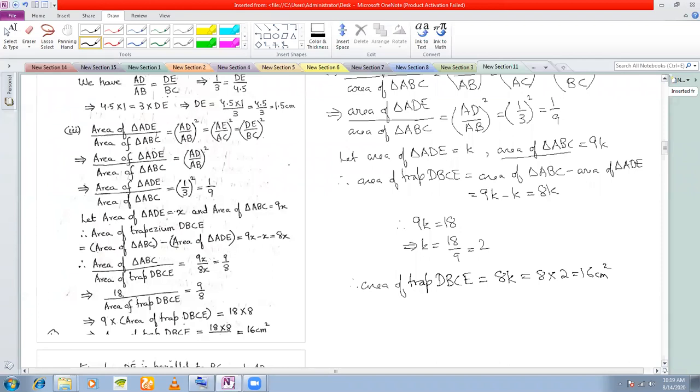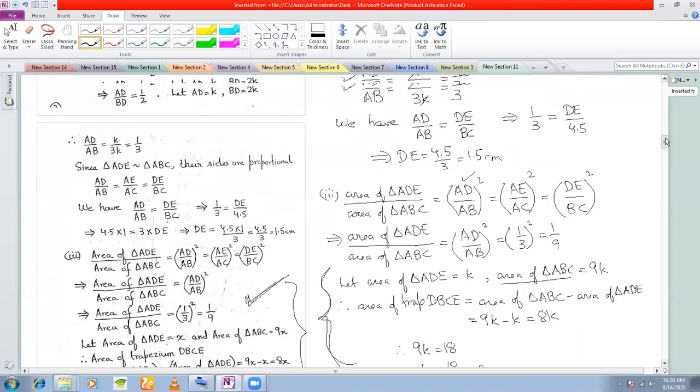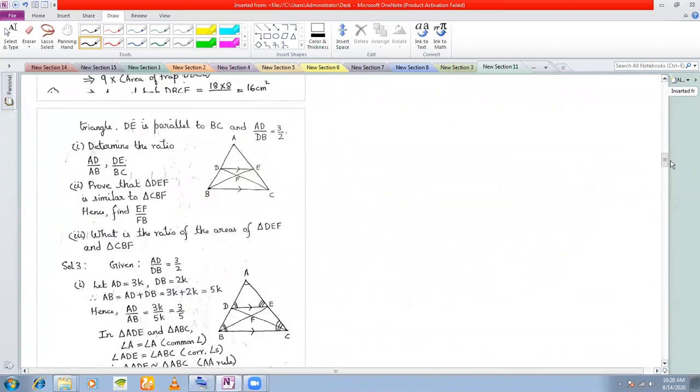Now here I have done it in a slightly different way, but this is a more efficient method. If you can follow this method very well, otherwise you follow the other method. But this is a more universal method. If you learn this technique, you can solve other variations of this problem very easily. But if you can't understand, then you can follow the other method. Any questions on this method? No questions. Right. Then we proceed with the next problem.